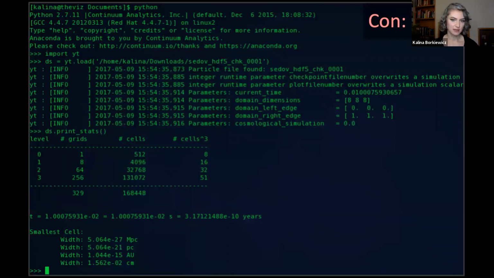But when using YT, the artists can play less of a role, since most of the steps of the pipeline have to be done programmatically. So color maps, camera paths, artistic elements need to either be created programmatically or created in a different piece of software and then exported and imported, both of which require a lot more coding than an artist-friendly tool like Houdini.